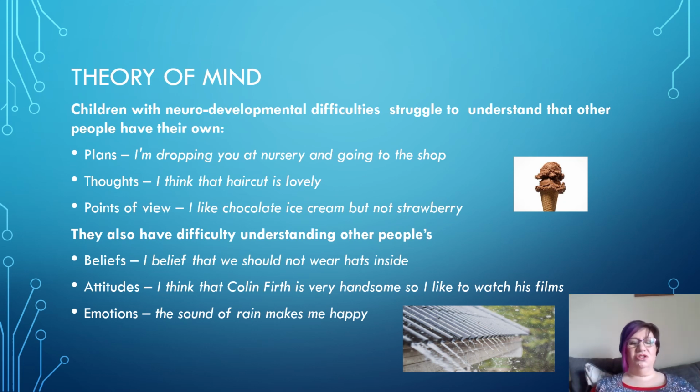They also don't understand that somebody else might have a different point of view to them. So they believe that their point of view and their perspective is right. So you've possibly got into lots of arguments over the years about them being on a one-track mind, that what they think is right and what other people's thoughts and feelings are irrelevant. And that is because their theory of mind is not working properly. There are things that we can do to help, and we'll go on to that in a moment.